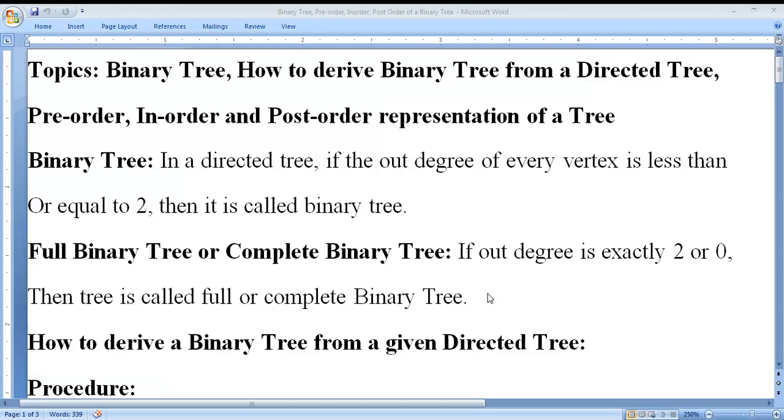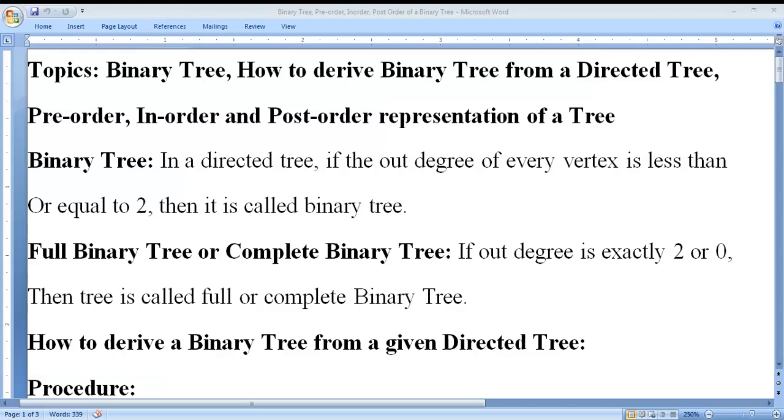If the out degree of every vertex is less than or equal to 2, then such a tree is called a binary tree.